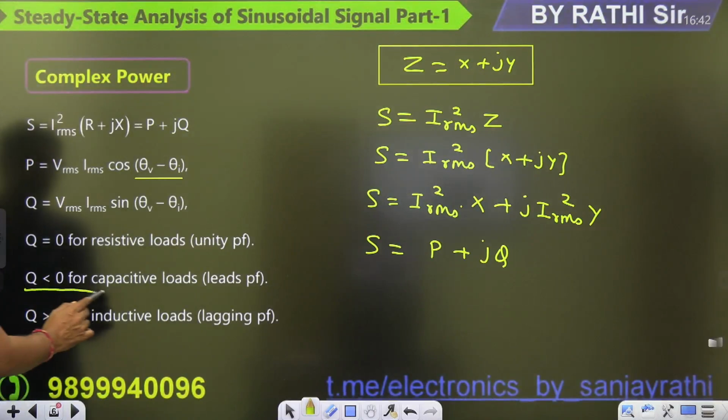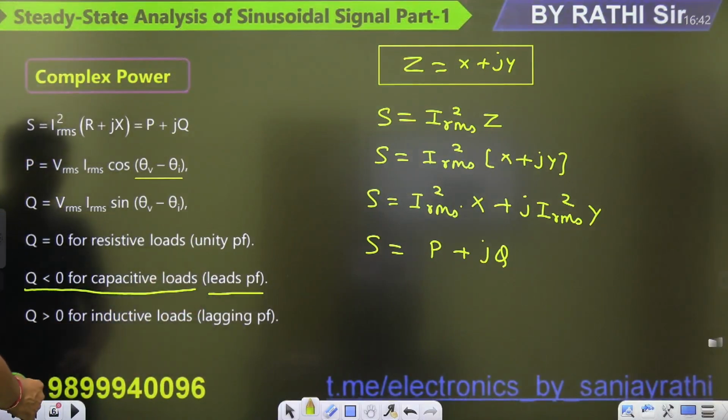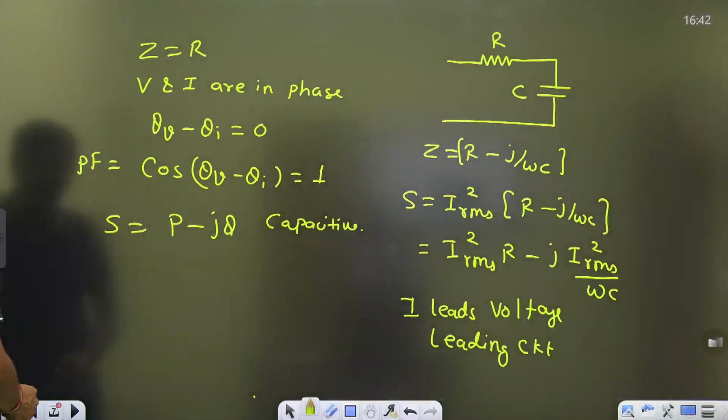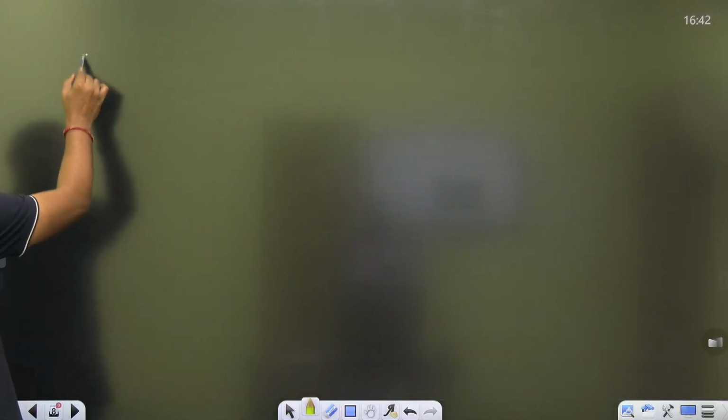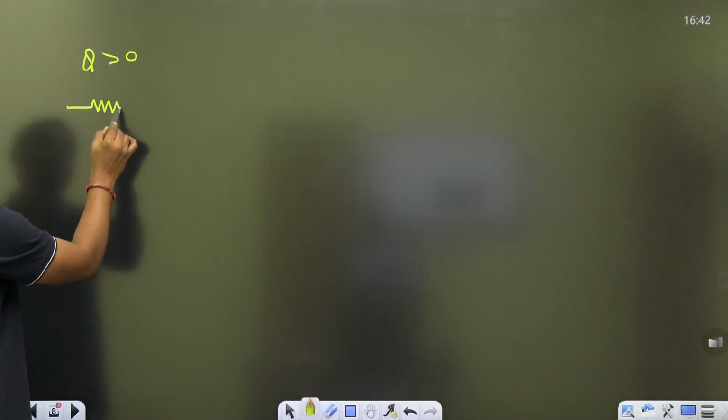Q is less than 0 for capacitive loads. This is the leads the power factor, or leading power factor. And if the Q is greater than 0, for example, in case of an RL circuit,